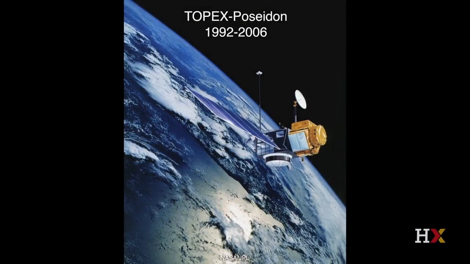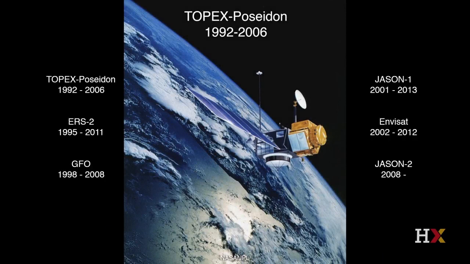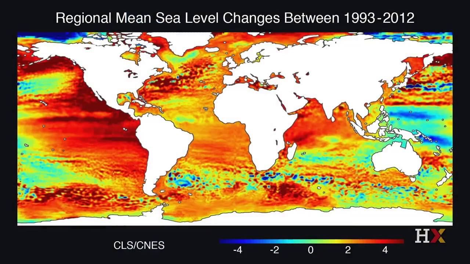Now, it turns out that over the last 15 years, we actually have much better data than the tide gauges. We have about 2 decades of measurements from a series of satellites that actually measure the surface of the ocean. This is called satellite altimetry, and basically it works by shining a laser down onto the surface and measuring the height of the sea surface very, very precisely. With several satellites orbiting the Earth and covering the oceans over time, we can actually get a global estimate of sea level that's very, very precise.